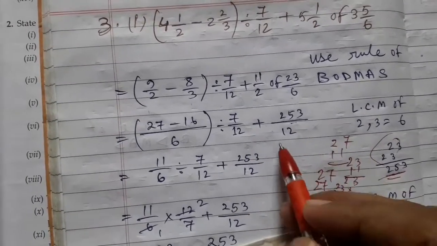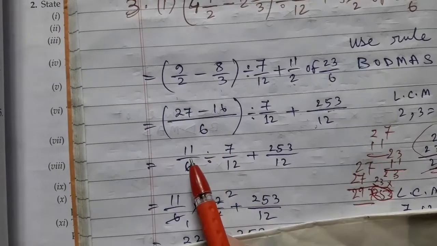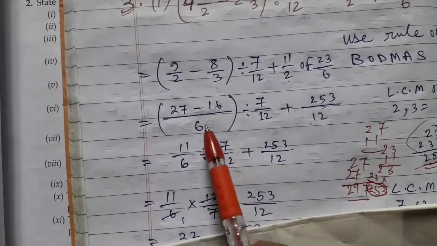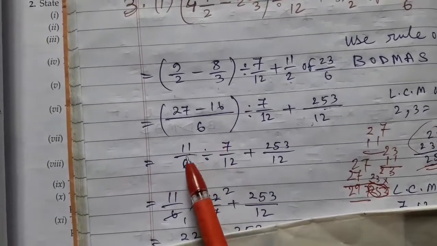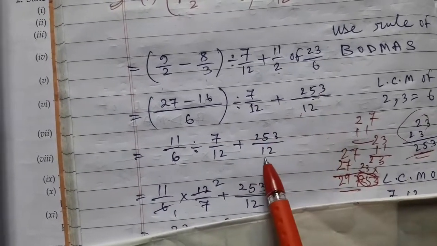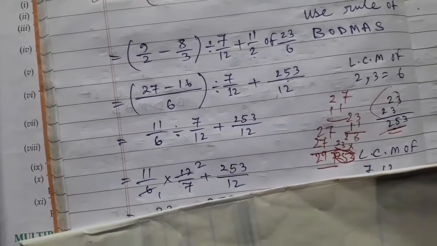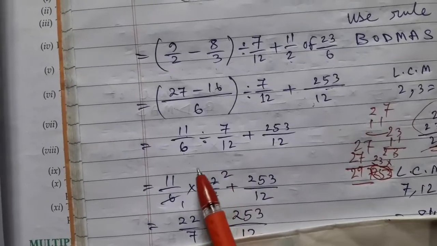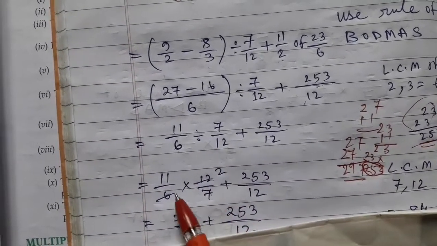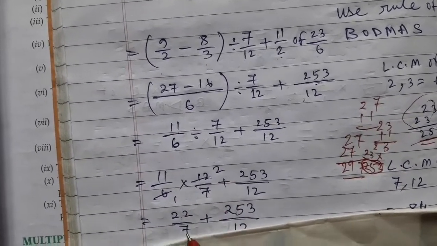Clear? 2 3 5. 6 twos are 12. Subtract it. 11 by 6. 7 minus 6 is 1, 2 minus 1 is 1. Divide 7 by 12. 2 3 5, 2 5 3, 253 by 12. Reciprocal it. Multiply 12 by 7. 6 ones are 6, 6 twos are 12, 11 twos are 22, 7 ones are 7, plus